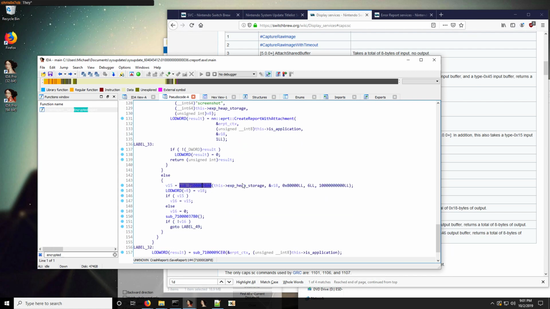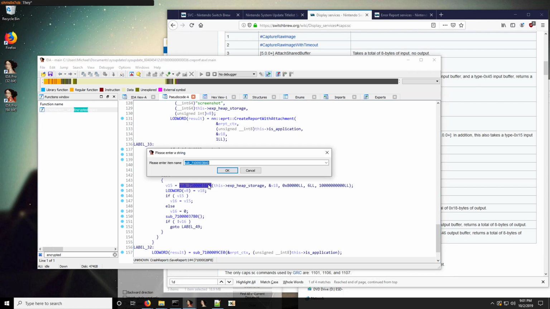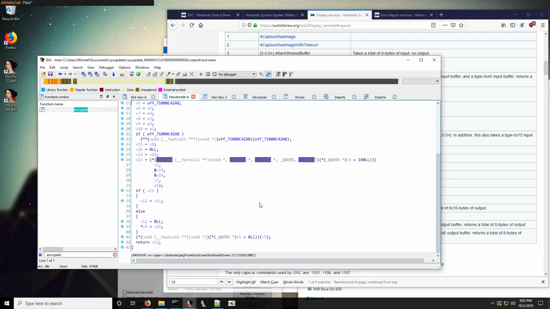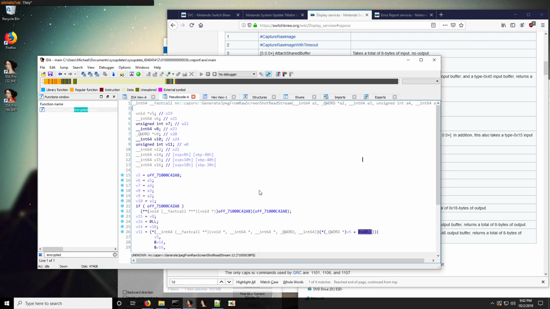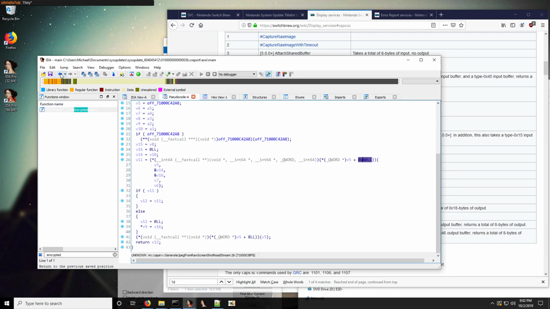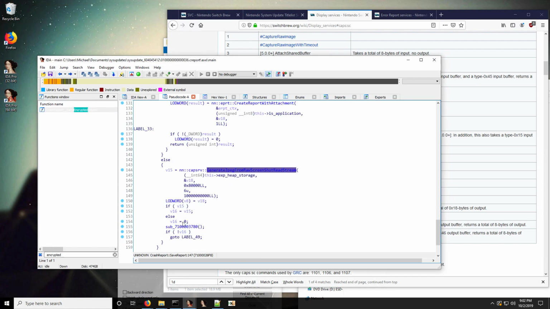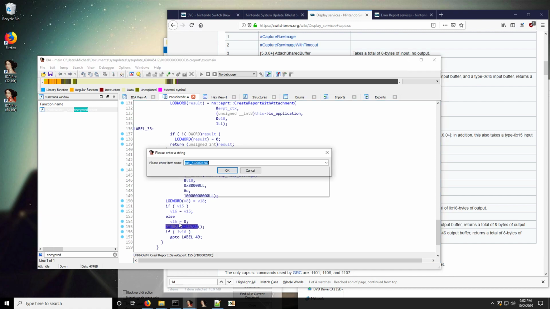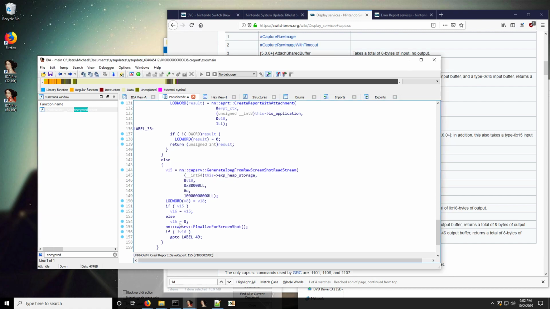Yeah, this is what actually captures the screenshots. This is the function that I was talking about. Yeah, this is the one. This gets the screenshot, and then if it succeeds, it closes the capture service. This is an capture finalize for screenshot. And then assuming that succeeds,